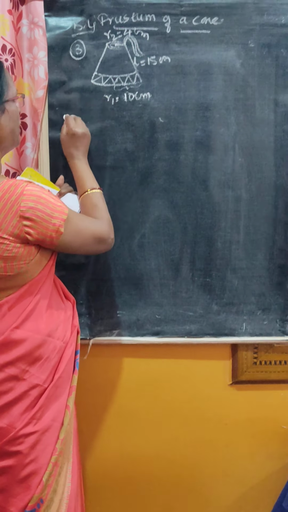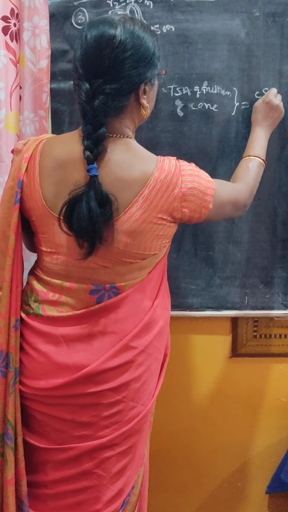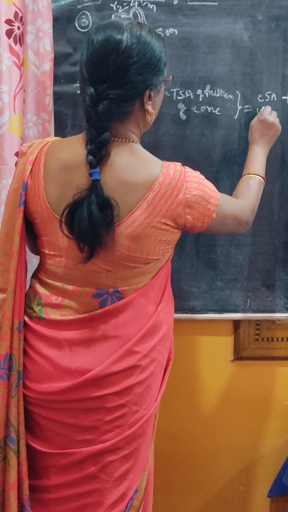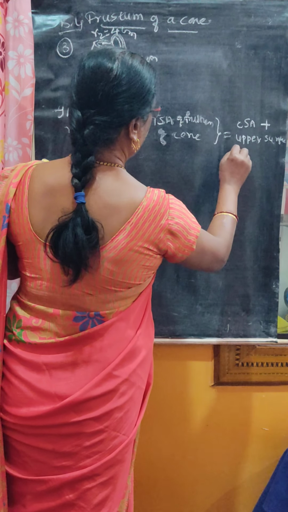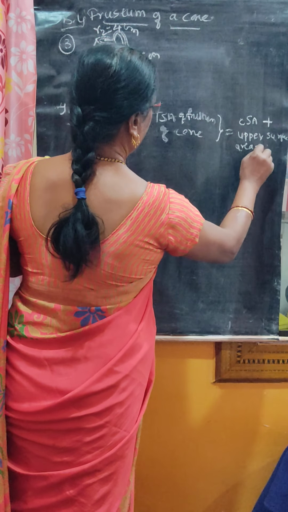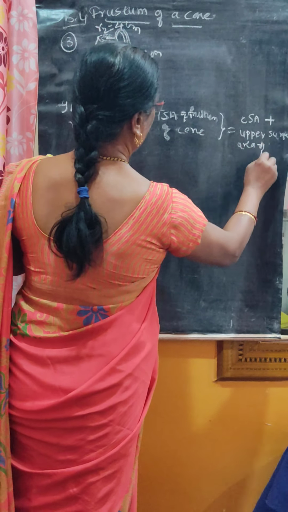The material required equal to TSA of frustum of cone. What is here? That is equal to CSA plus the upper surface area of a circle. Area of circle, that is